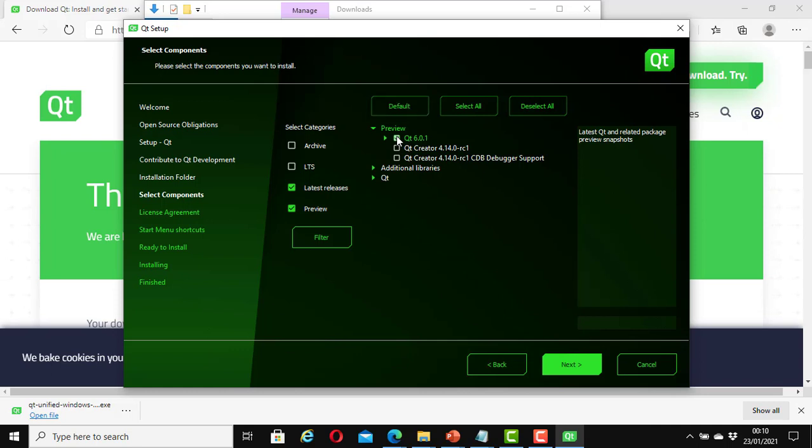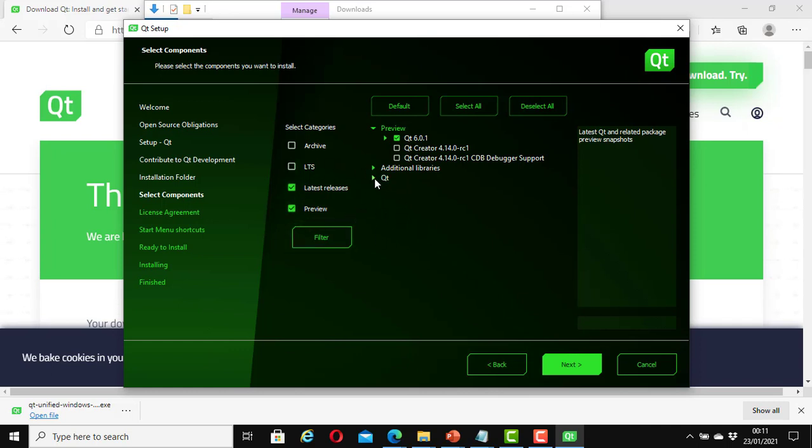So click on it, and here you can also click on this one, and it's still going to be Qt 6. So click on whichever one you're happy with there, or you can leave everything as it is by default. If you want to select all these ones, fine, there's no problem. This is just a preview of it all. So leave everything here as they are.